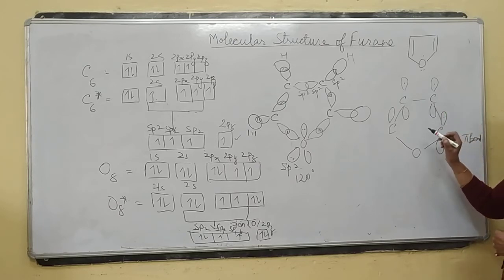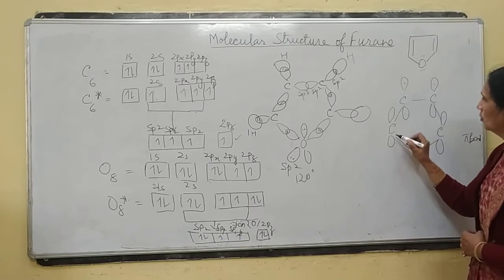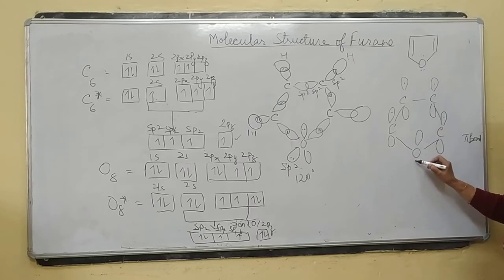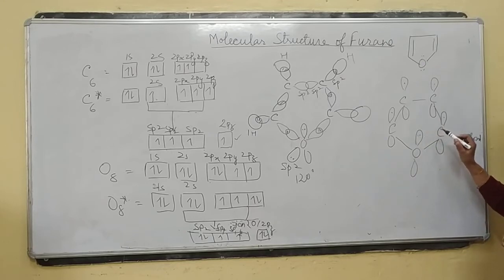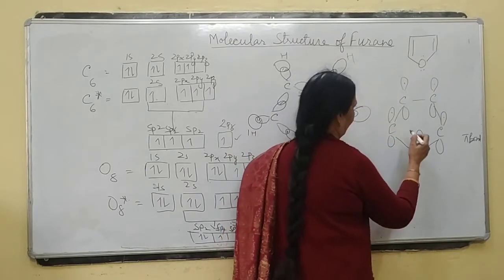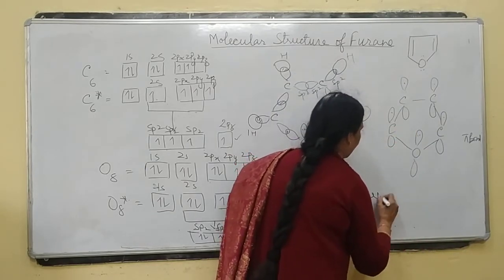So these 6 electrons, 1 from each carbon atom and 2 from the pz orbital of the oxygen atom, have sidewise overlap forming pi bonds. If this is the plane of the molecule, above and below the board they migrate in this cyclic structure, and the cyclic structure is distorted